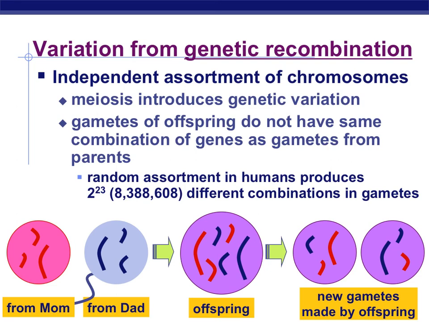In humans, the independent assortment of chromosomes, meaning the shuffling and division of chromosomes, the picking of teams as to which chromosomes are going to end up in which sex cell, has everything to do with the way the chromosomes randomly line up in metaphase. And this is a huge number: over 8 million different combinations for human chromosomes, because there are 23 pairs of them. There are over 8 million different combinations in gametes from independent assortment alone.